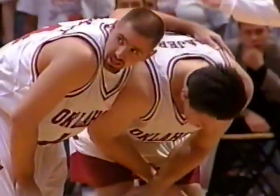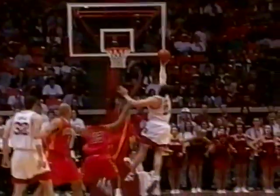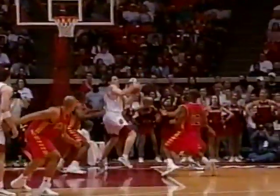Kelvin Sampson coming to his player, but looking at an official. Go back and take a look. Watch Stevie Johnson just go right through Najera here. I don't think anything intentional happened. The guy's just going for the loose ball. The ball goes down, and